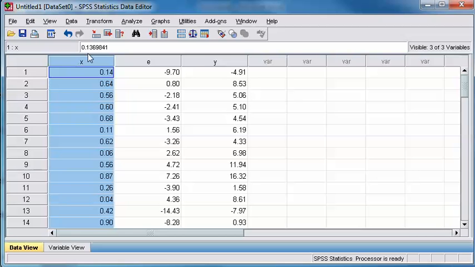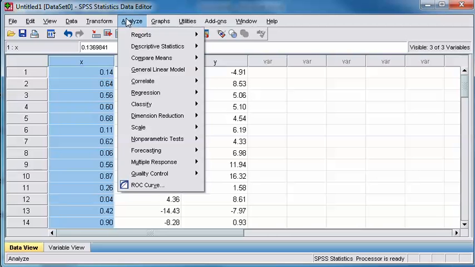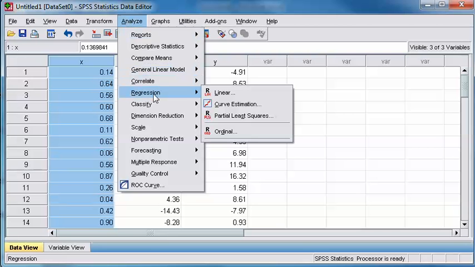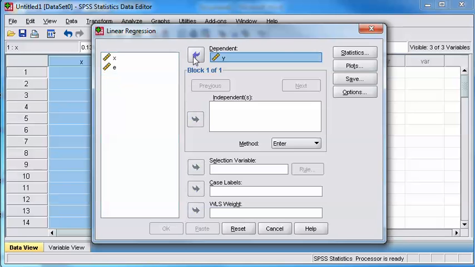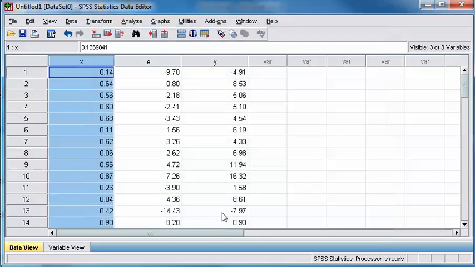So, as usual, we go to analyze. From there, we go to regression. Now we are running a linear regression, therefore we choose linear. And as I told you, y is the dependent variable, so we select y and send it to the dependent box. We select x and send it to the independent box. Now if we just press OK,